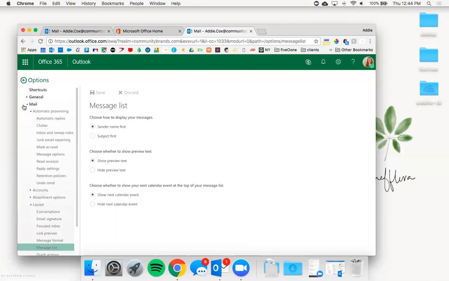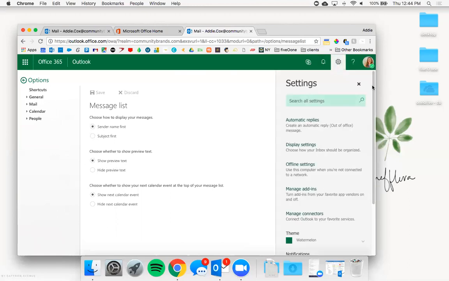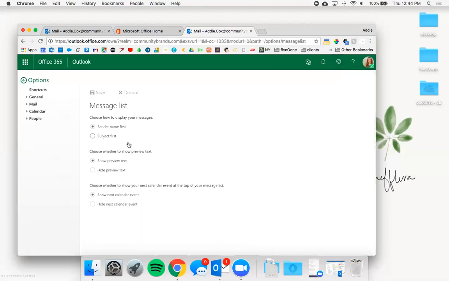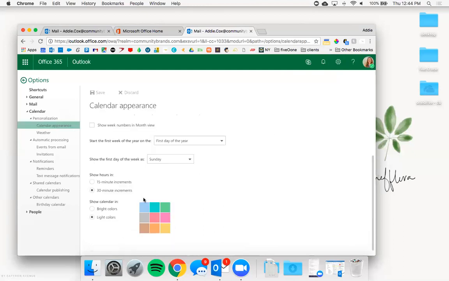So those are your mail settings. There's a lot in there. I do encourage you to go into the browser version and click that gear, scroll to the bottom, and just literally just click through all of those things and see what's going to work best for you based on your previous experience. Under calendar, these are pretty predetermined, but you can change your calendar's appearance in terms of colors and